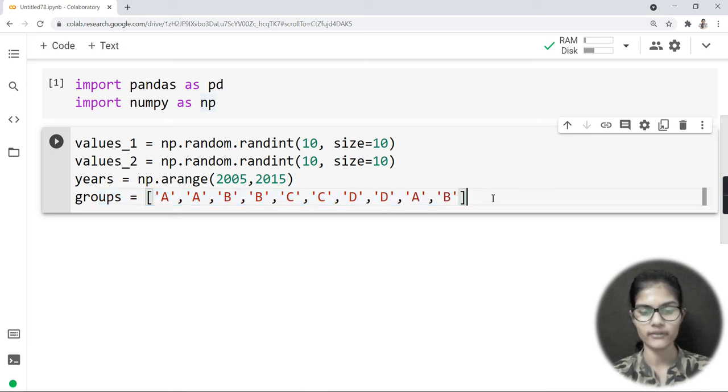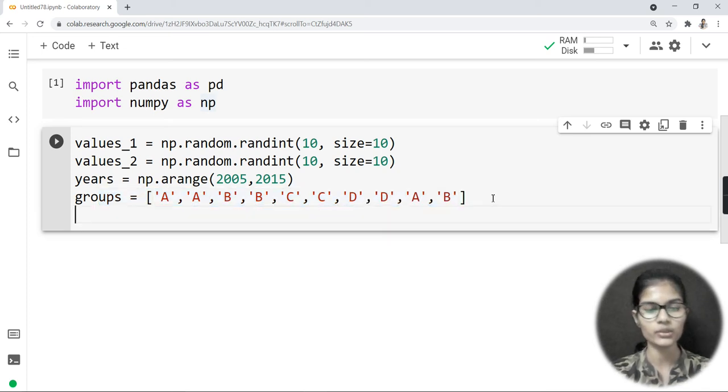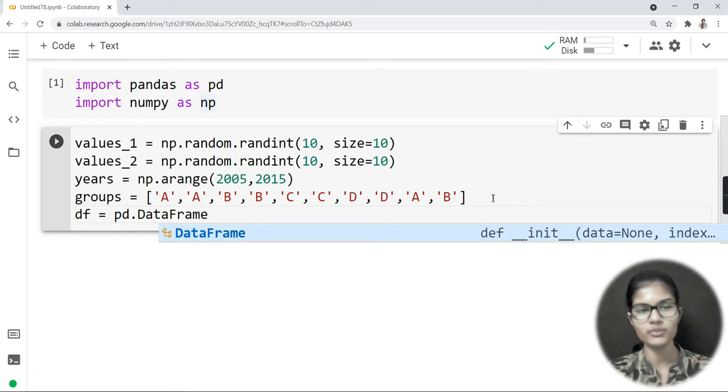Now I would come down, right? And here I would make a variable. Let's say my variable is df. Now df is equal to pd.DataFrame, because I am making my own data frame. So for that I would be using my pandas library. For the pandas library, the short form is pd, right? DataFrame is the function that is used to make the data on your own, right? So df is equal to pd.DataFrame.